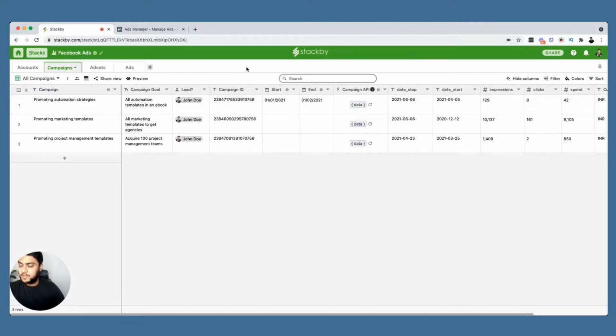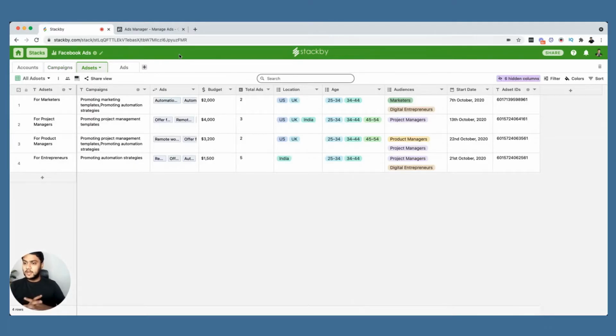Now within an account, there are different campaigns. So if you look at how Facebook ads are structured, there are campaigns, ad sets, and ads. Now campaigns will give you the overall campaign goals, what that campaign is all about. Now within a campaign, there could be multiple ad sets, and each of those ad sets could have a different budget, the location that you're targeting, the demographics, the age, the different types of audiences, and the interests of those audiences, and what is the start date and end date for that particular ad set.